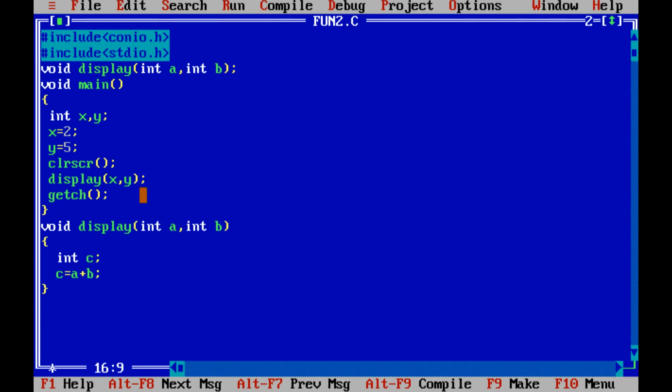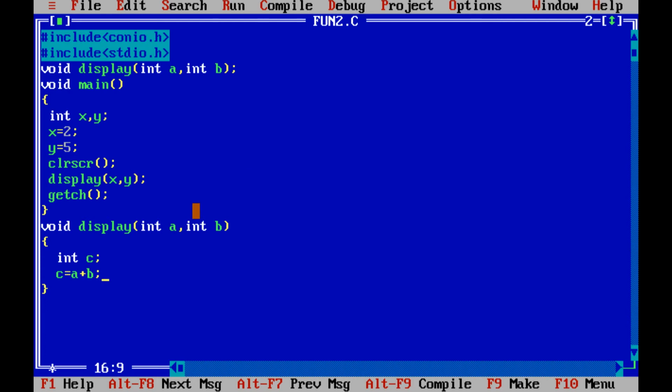So x is going to be stored inside a and y value is going to be stored inside b. If you change the position, that means if you write y and x, then the y value is going to be stored inside the a variable and x will be stored in b. So remember, when passing any kind of variable or parameter when you call the function, please remember in which sequence you are going to